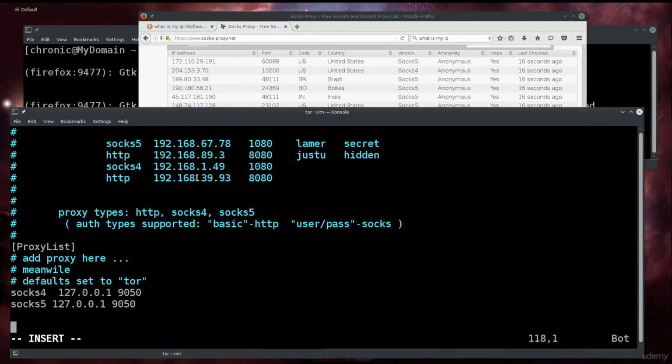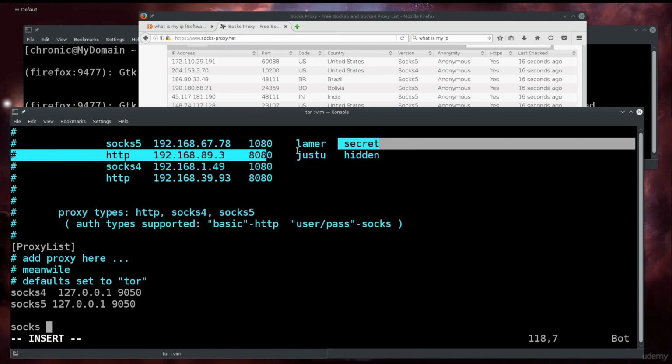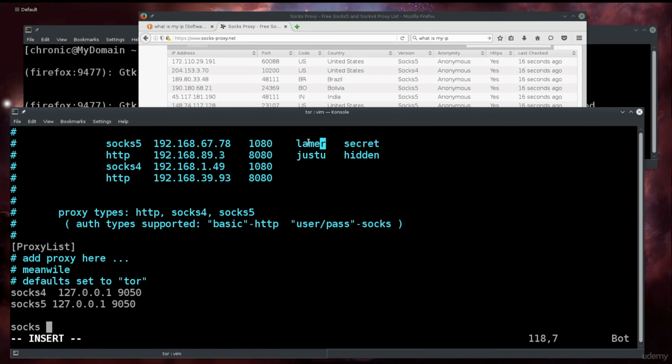Let's go ahead and begin typing them in as the example above demonstrates. So if you have a paid proxy, we'll probably just need to type in the username and the password. So the username goes here and the password goes here. That's quite literally it. So socks 5,